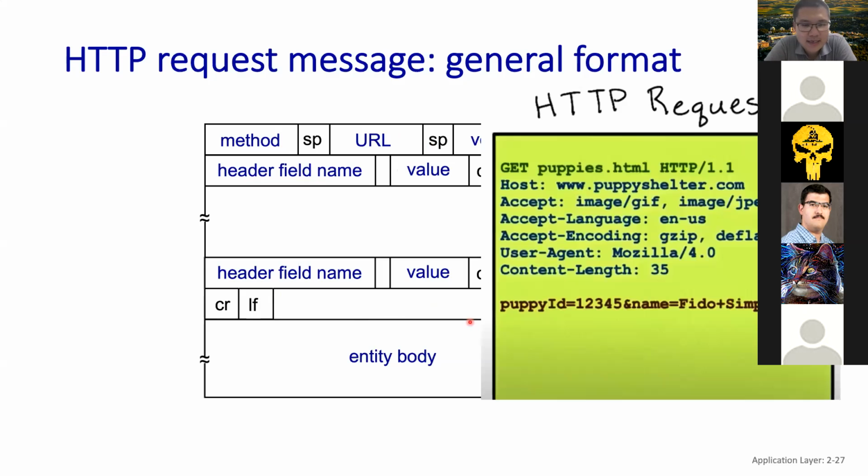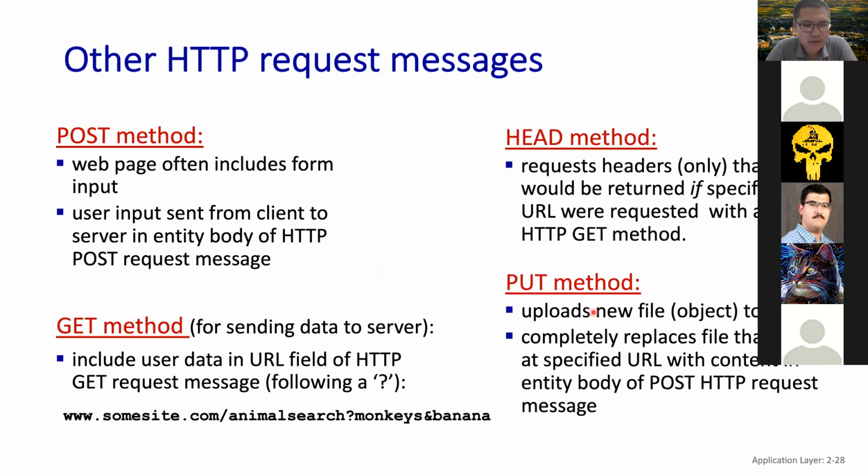So if we look at this, this is a real HTTP request. It exactly follows our format here, right? We have the host URL here. This is the path here. Version here. And then it's the header lines here. And this is the contents. Okay, so this is a simple HTTP request here.